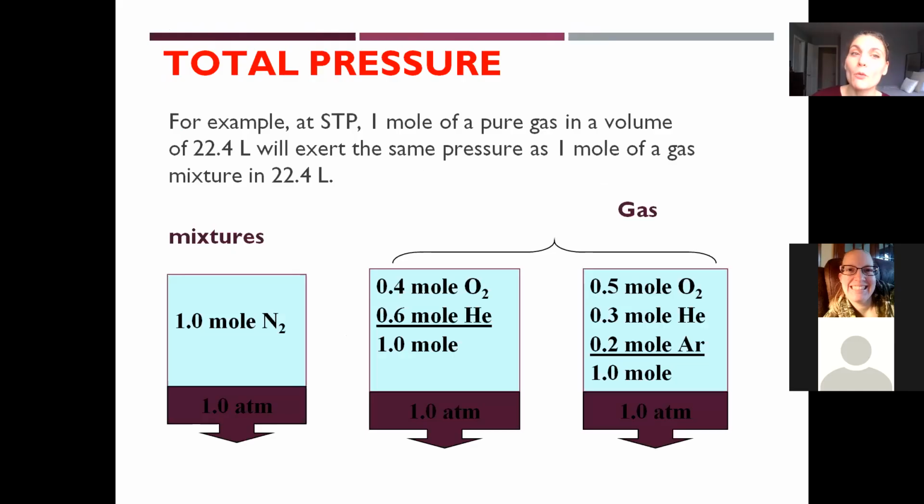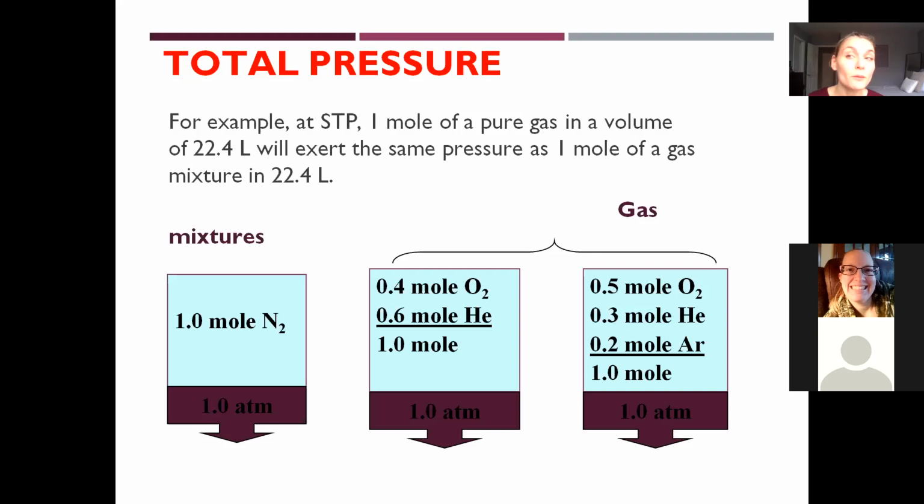And so when we think about total pressure, utilizing carbon dioxide, oxygen, and mixing them all together, we use this set point. It's called STP. And what it states is that at STP, this standard total pressure, 1 mole of a gas is going to have 22.4 liters for volume, and it will exert the same pressure as 1 mole of a gas mixture of 22.4 liters. Meaning, if you had a mole of nitrogen and you had 1 atm, it has that 22.4 liters. They all kind of work together.